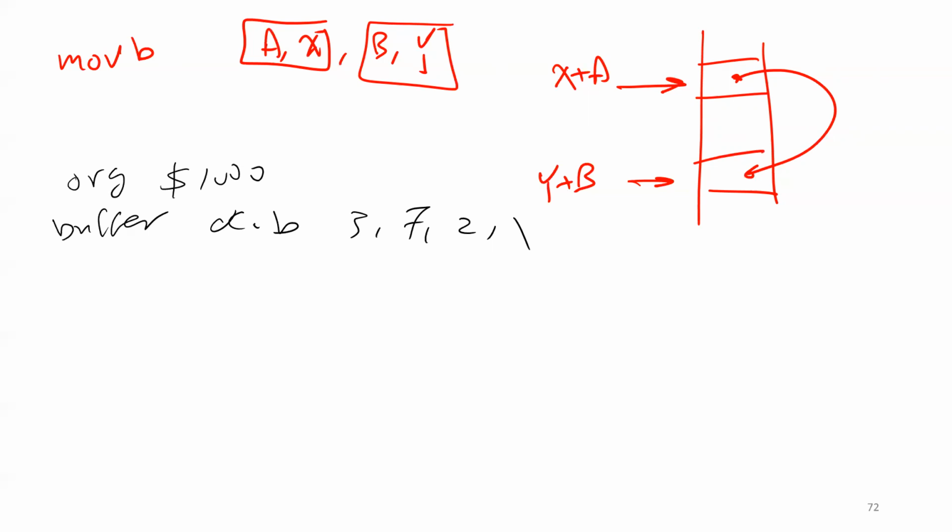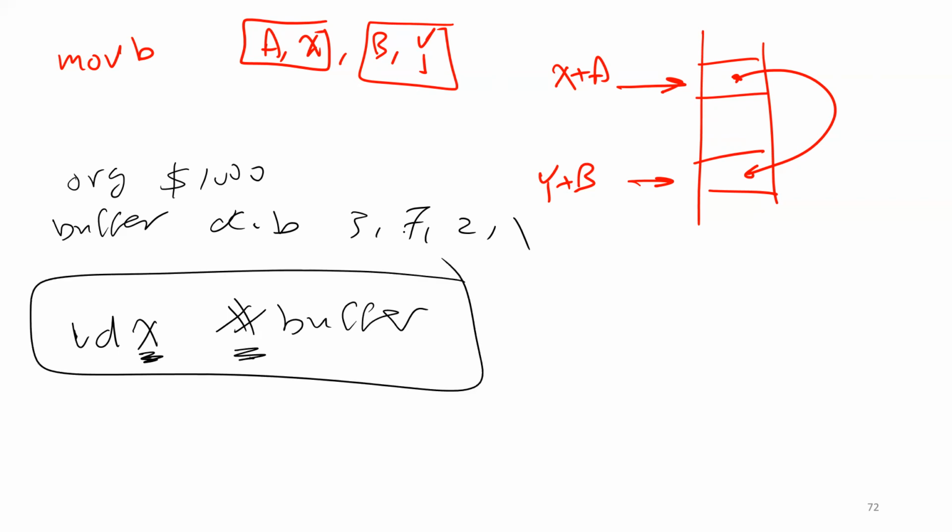I'm going to use the pointer x, with load x, and then hashtag buffer. Very important. What's going to happen here is I'm going to initialize x with the beginning address of the array, because I told you, and this was a question in the last quiz,